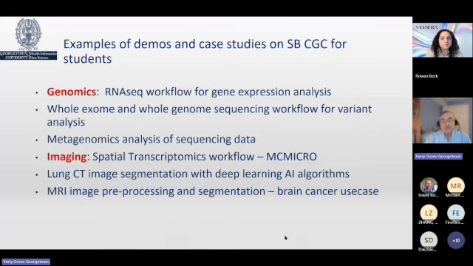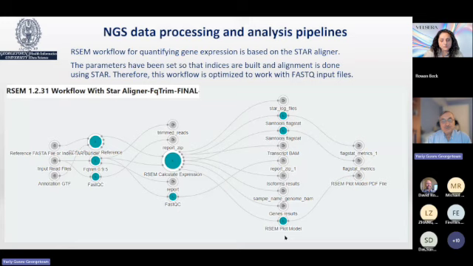A few examples, which I'm going to show you in the next few slides, are going to be about genomics, RNA sequencing workflow, a whole exome sequencing workflow, and metagenomic analysis, as well as imaging with examples from lung CT image segmentation, MRI image preprocessing, and spatial transcriptomics workflow, MC micro. I'm going to show a few slides with these diagrams, which is